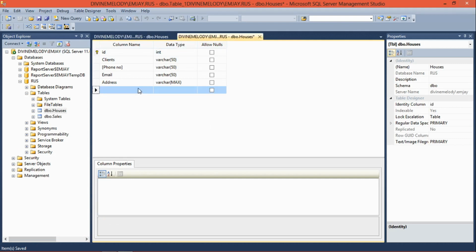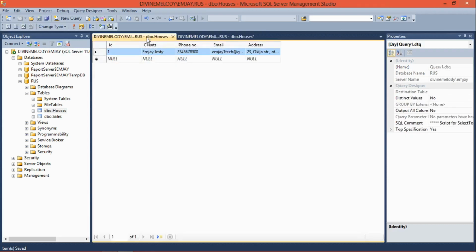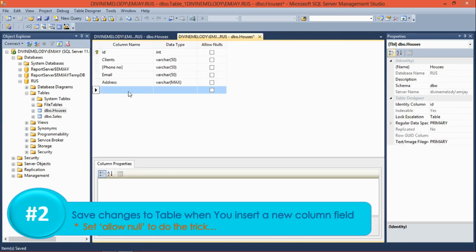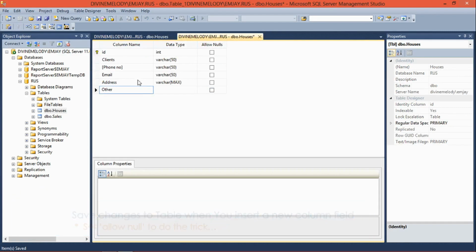Another thing that you can also do that could make your data not to be saved to the database is if you have already entered data into the database or into the table before, which is this. I've entered some stuff into the database before, and then you are trying to add a column. Maybe you just remember I will need some column, maybe like I need another column named order, and then the data type will be varchar, and then